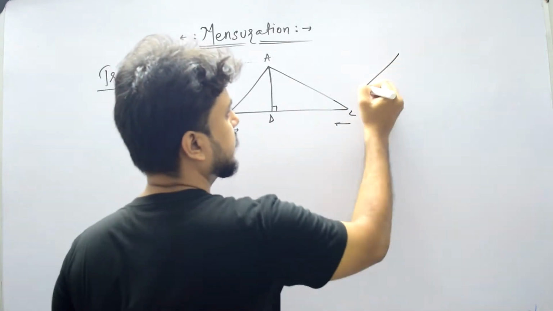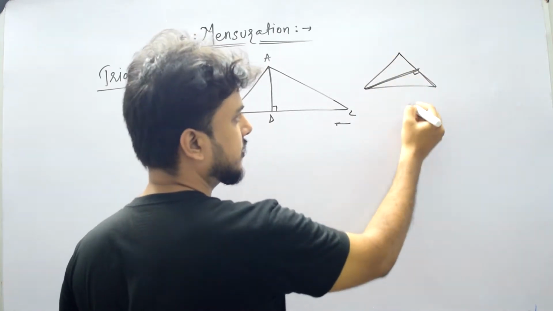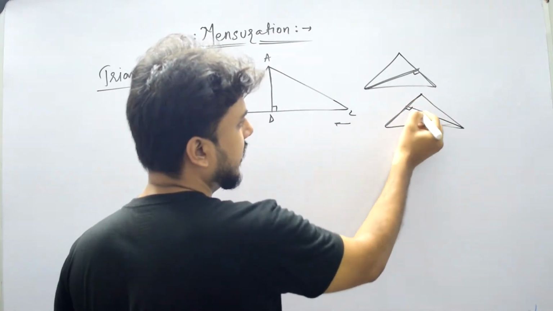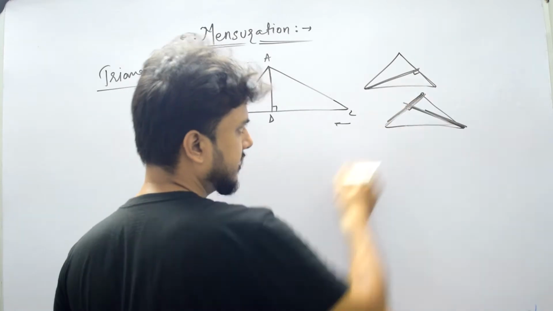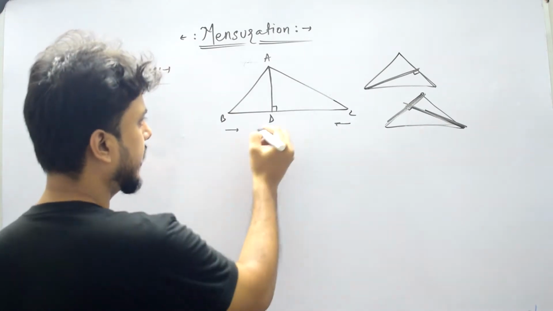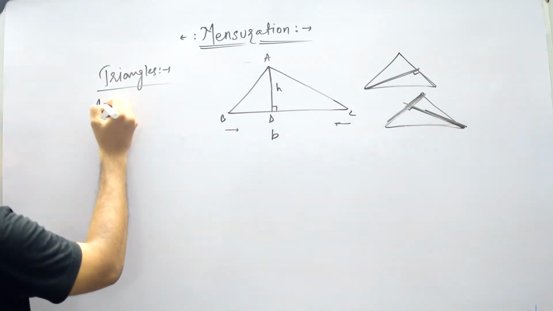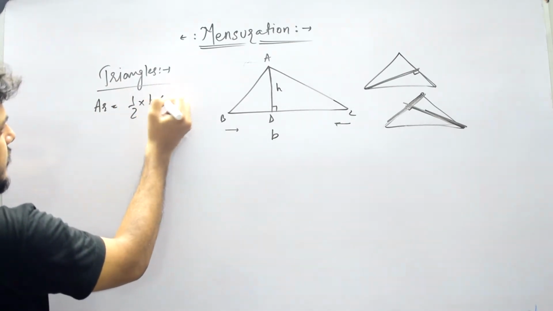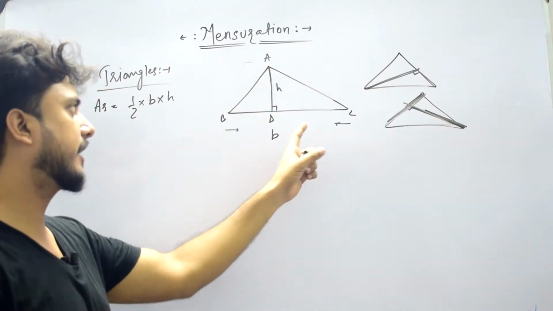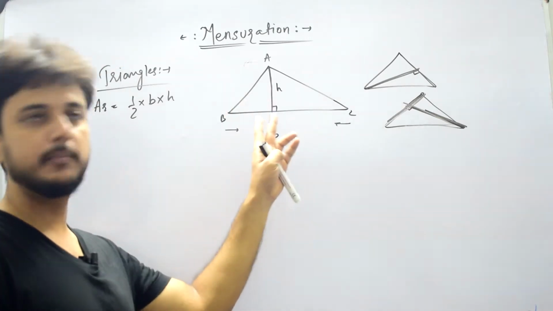Suppose we have this triangle and a perpendicular falls on this side, so this is the perpendicular and this is the base. Similarly, if we have a triangle like this and the perpendicular from this vertex falls on this side, then this becomes the base. Understood? Here the perpendicular falls on BC, so BC is the base. If we name the base as B and the height as H, the area becomes half into B into H, half into base into height. We already know that if a height is given in a triangle, then the area is half into base into height.